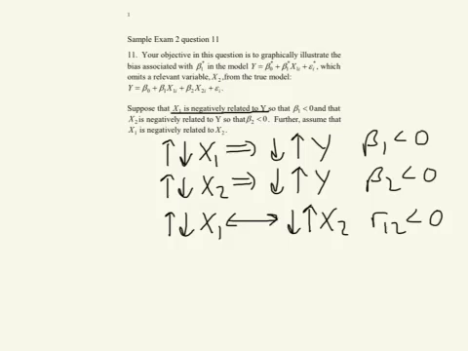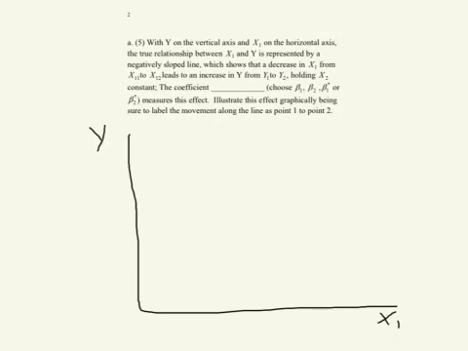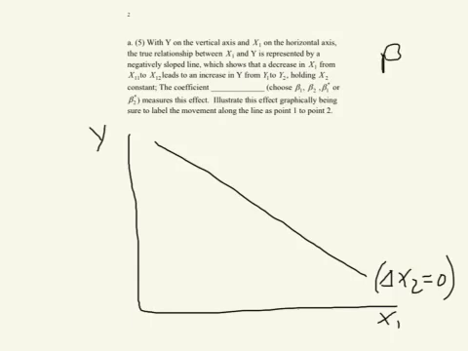Okay. Now, look at that carefully, and now we're going to go in and try to illustrate the true model next. So I'm going to put y on the vertical axis and x1 here, and we're trying to illustrate the effects of x1 on y, and in the true model we look at those effects when x2 is actually held constant. And beta 1 is measuring that effect. And so conceptually what that looks like, that's point 1, here's x1 initially,